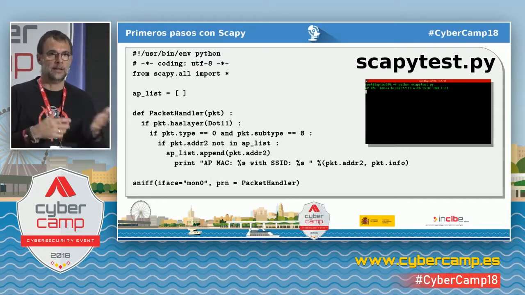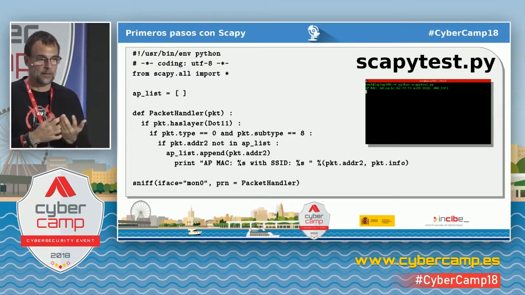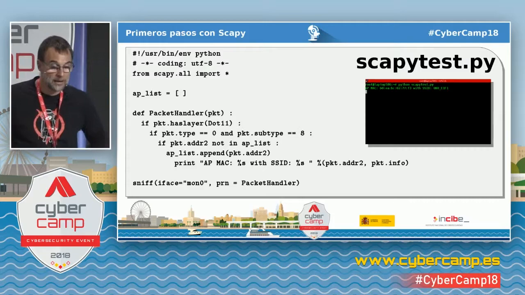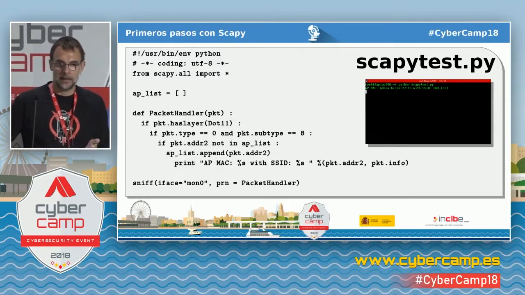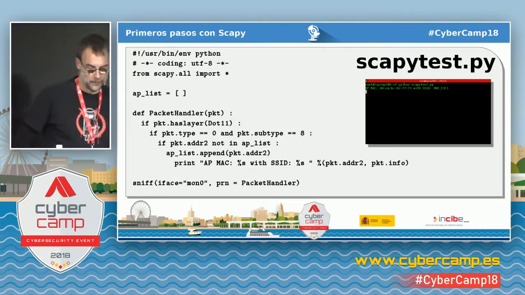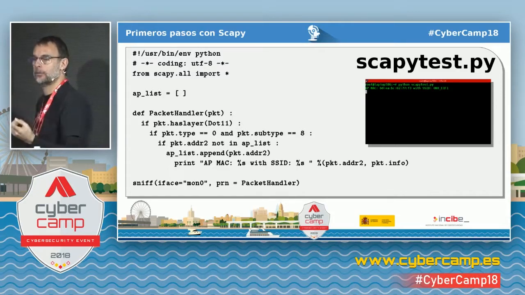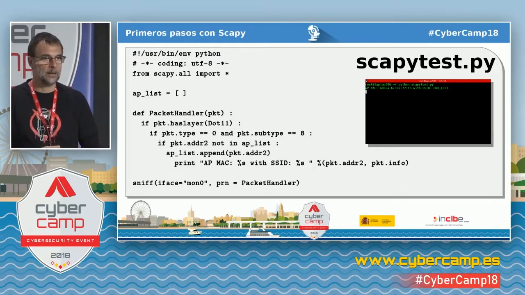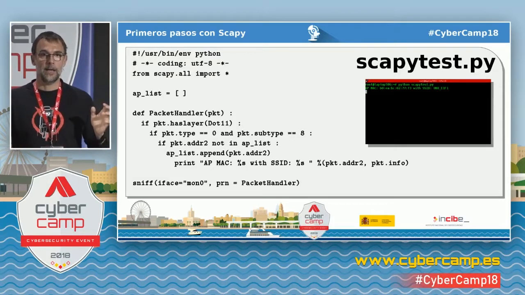It doesn't matter if it's Ethernet or 802.11 or whatever. And where? Well, on whatever interface I tell it to use. It might be Wi-Fi or Ethernet, sniffing everything that goes through, because sniff is a universal function and I need to define which interface it needs to use. In this case, the internal card on my laptop. And I then define a function so that every packet it finds, one by one, will be passed to the function I tell it to use. For instance, the packet handler function being called 100 times,